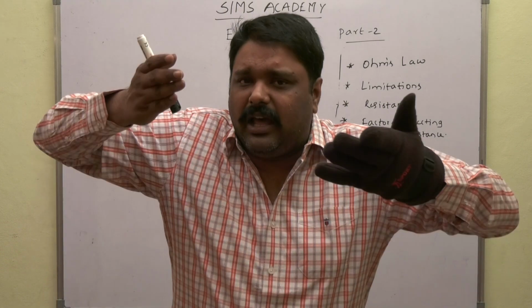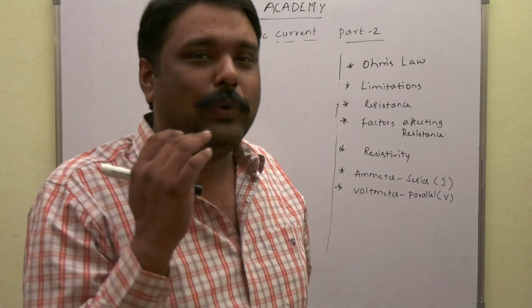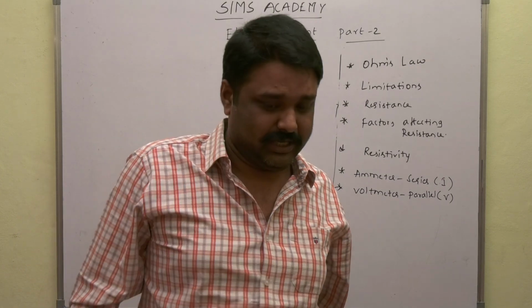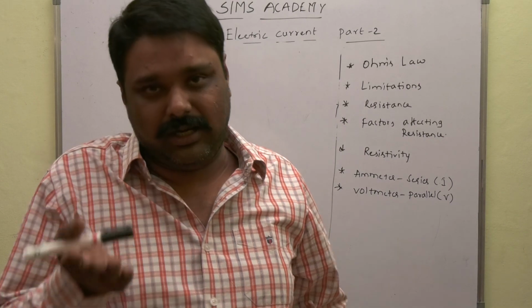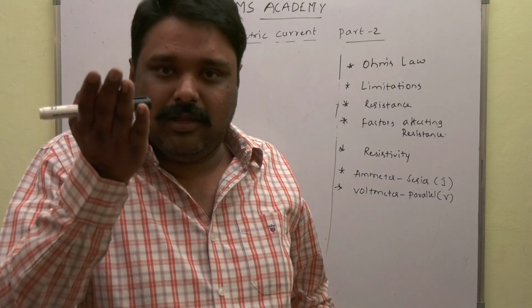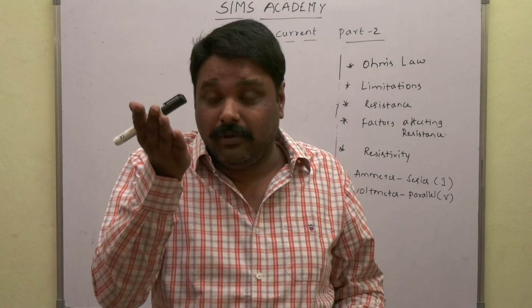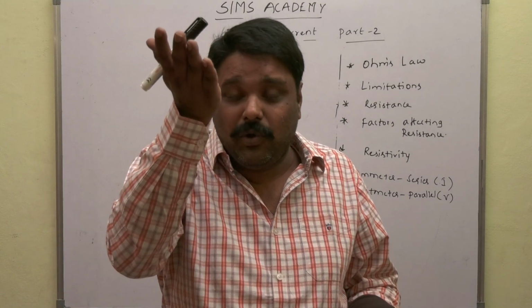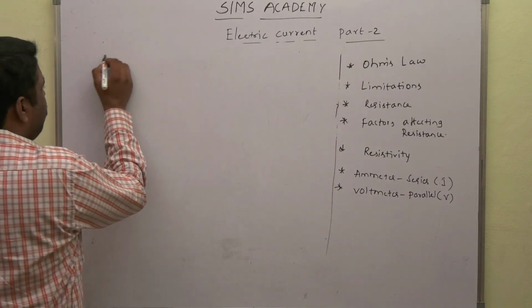Whenever it gets heated up, is there any change in the temperature? Yes, of course, there is a change in temperature. Is it an increase or a decrease? It gets heated up. That means the more the resistance, the more it gets heated up, and there will be more increase in temperature. That means the very first